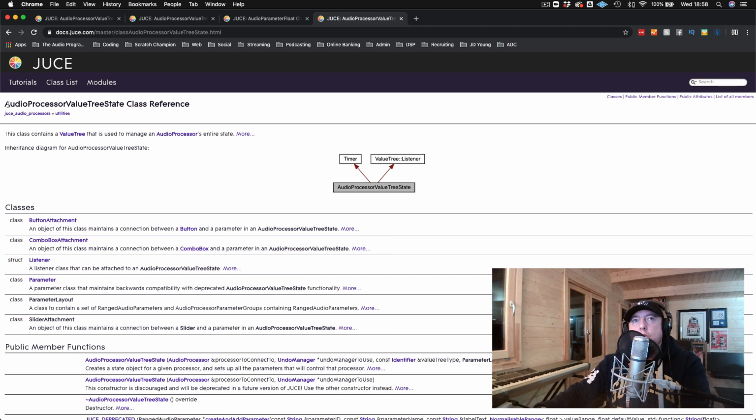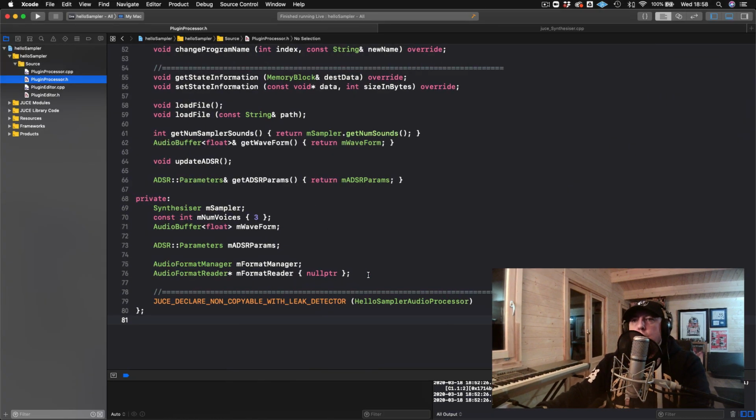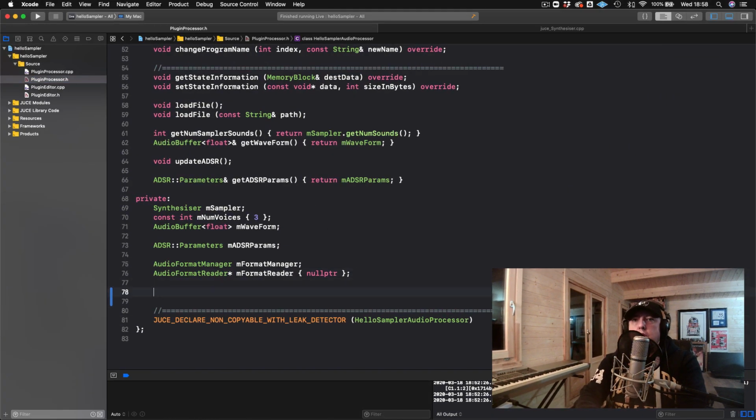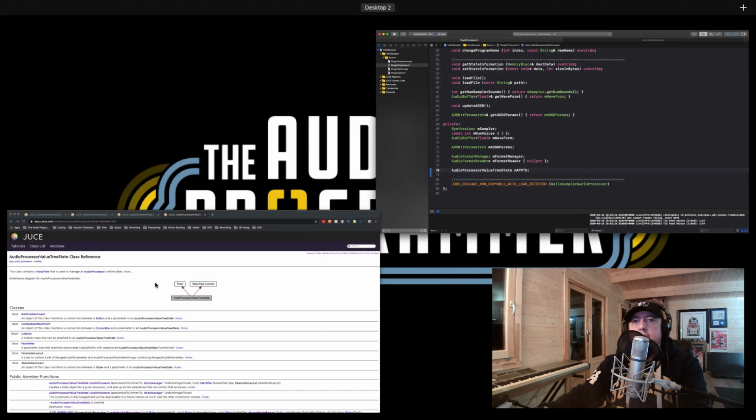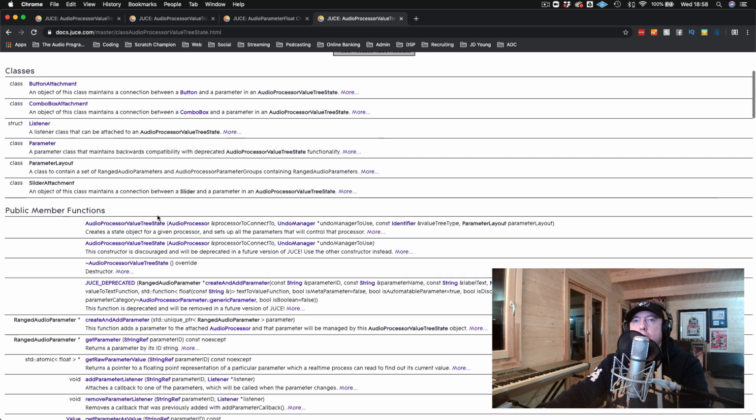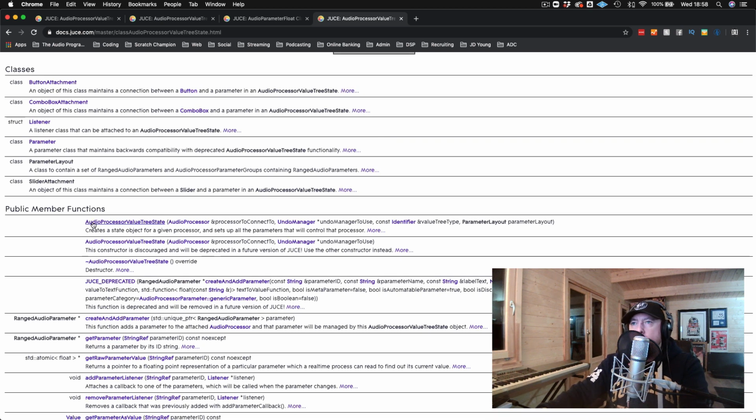So the first thing that we need to do is create an audio processor value tree state object. So I will do this here. So audio processor value tree state. Okay. And now we will see, if we scroll down a little bit, we have a couple different types of constructors that we could call. It says that this one that's more simple to use is discouraged and will be deprecated. So we need to use this audio processor value tree state constructor right here, and we need to declare it